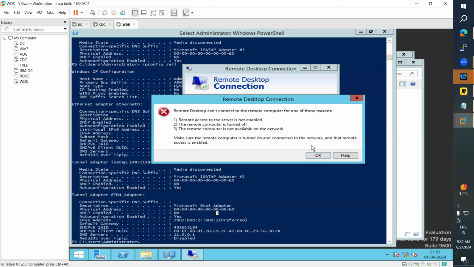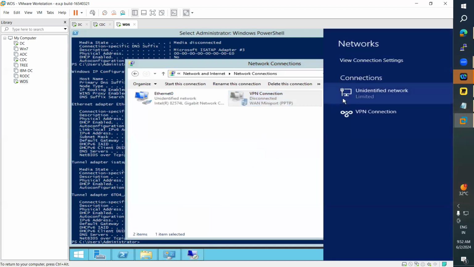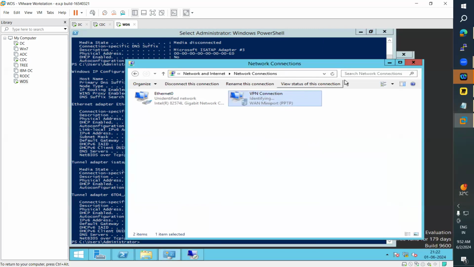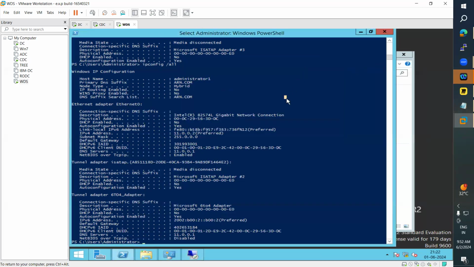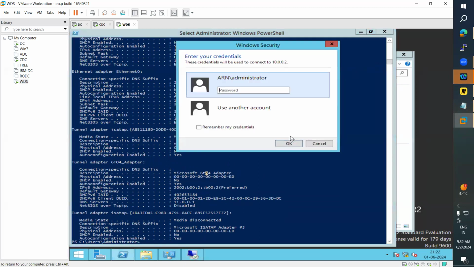See, I cannot connect. If I connect VPN, now I will be in the office network. See, the 10.network, so a 10 IP will come. 10.0.0.3. This time the IP address has changed. Last time 102, now this time 103. Okay. Now I can connect. See, now I'm able to connect. So this is how